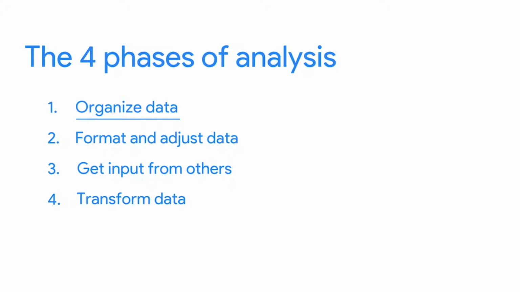Okay, let's apply the 4 phases of analysis to a real-world scenario. Imagine you want to buy a gift for your friend Zara's wedding. The problem is you're not sure what to get her. Fortunately, you have a ton of data from her wedding website. But instead of reading all the data on her website and scrolling through a photo album of her and her partner, you go straight to the online registry, a wish list of gifts they'd enjoy. The registry is like a data set that you can analyze to make a decision.